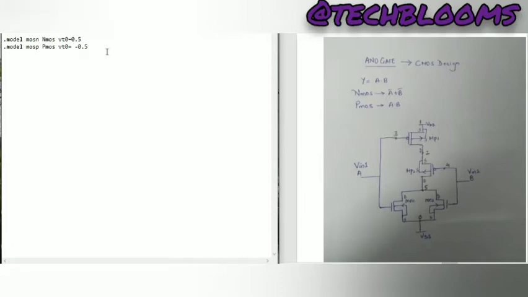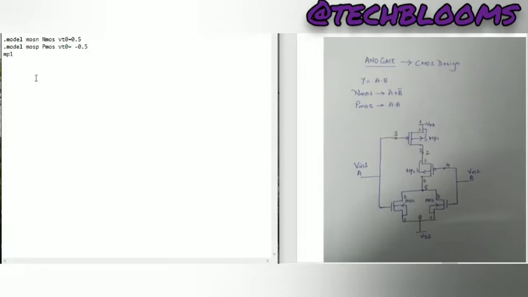Now here, each transistor in the circuit I have given some name. For the gate I've given 3, that I have to incorporate in my code. So how do I do that? First I'll write the name of my model. The name is MP1. I'll start from the first PMOS, MP1.